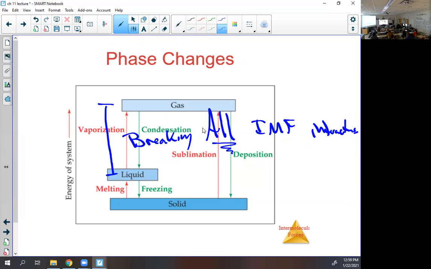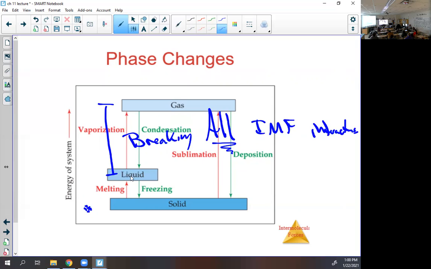Remember, in a gas, we said that each individual particle had nothing to do with the other particles. It breaks their attraction to each other. But a liquid, to go from a solid where everything's super stuck, we do have to put energy in, but in a liquid there are still plenty of interactions. That's why when I do a belly flop in the water, it hurts, because the water's still holding on to itself, just not so much that I can't go through it.